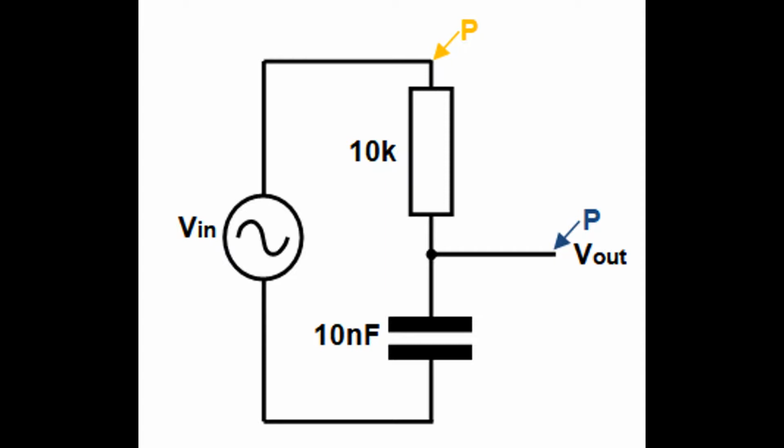The layout looks strangely familiar. It's that of a potential divider with a capacitor where R2 would normally be. Could that give us a clue to its operation? I bet it does. Our input is a signal generator producing a sine wave, as we will be